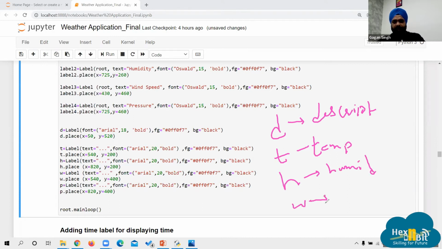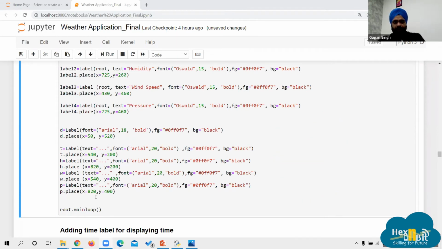W is used for wind speed. And P is used for atmospheric pressure of that particular place. Root dot main loop. Right, we are adding on these labels, text out here. This much is the new code in this.